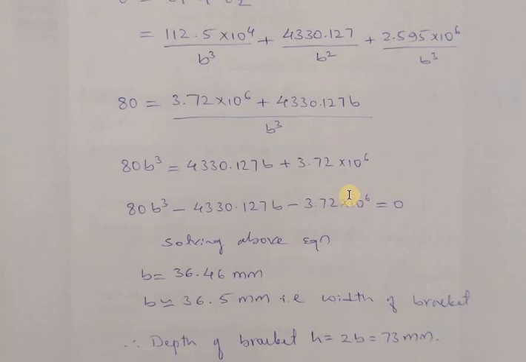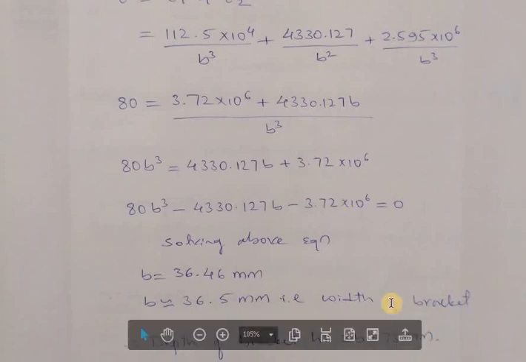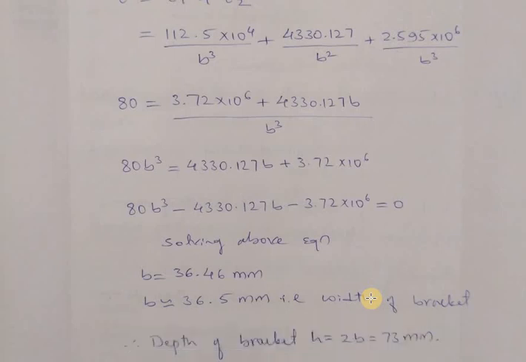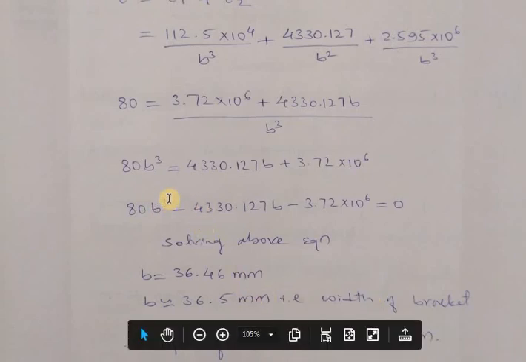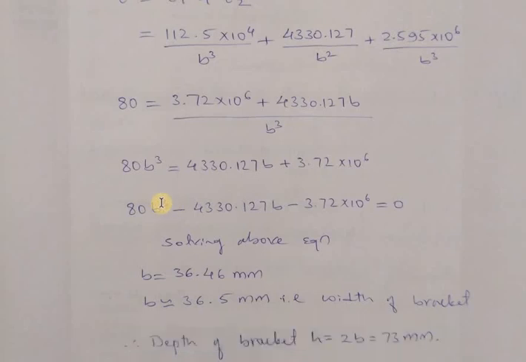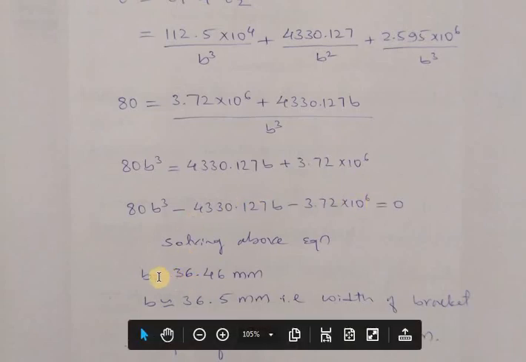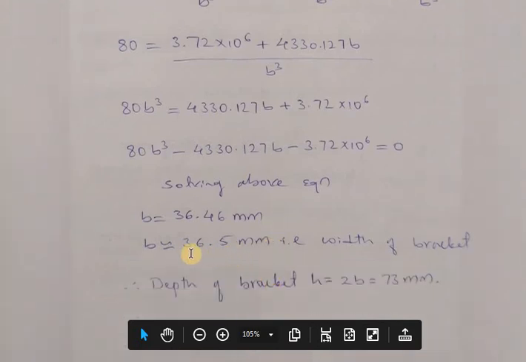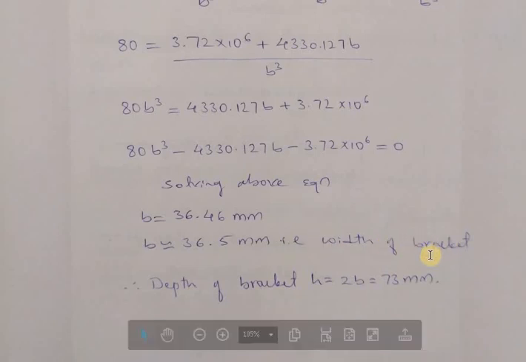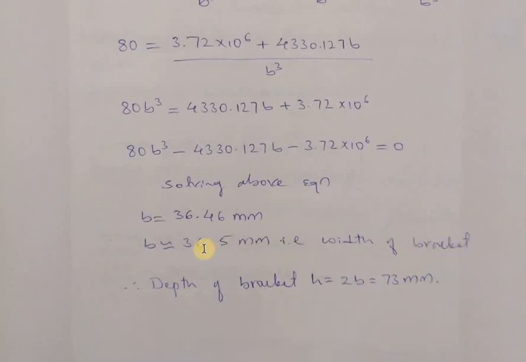If you have a 991 MS calculator, you can go for equation mode, and here we have a cubic, therefore 3-degree equation. Substituting these values we will get the value of b as 36.46 mm. So approximately we can write the value of width as 36.5 mm, and the width of the bracket is considered as 36.5